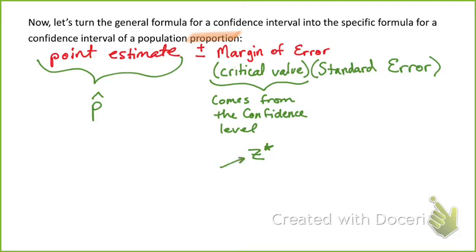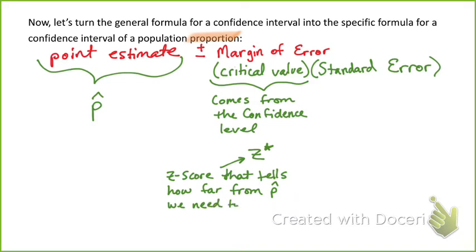This Z star is exactly a Z score, okay? So this is a Z score that tells how far from P hat we need to go to capture the true P,